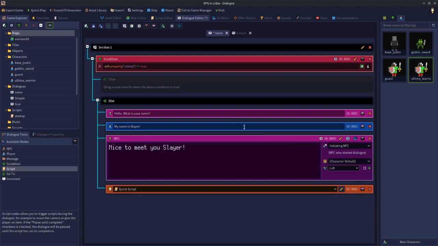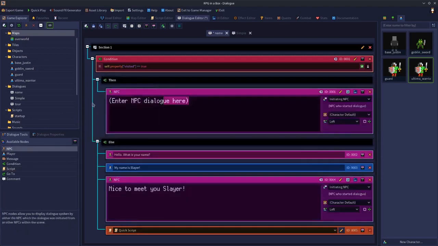So essentially what happens is when we talk to Jerry, the first thing it does is check his property. Is it true? By default, every visited property starts false. So it's not going to do this. It's going to come down to the else section and do all of this. At the very end of this, we have a script that sets that to true. So the next time we click on him and we start this dialogue, this is actually going to be true now. So instead of doing all of this, it's now going to do the stuff we put in the then box. So what we can do is drag an NPC node into here and have him say,